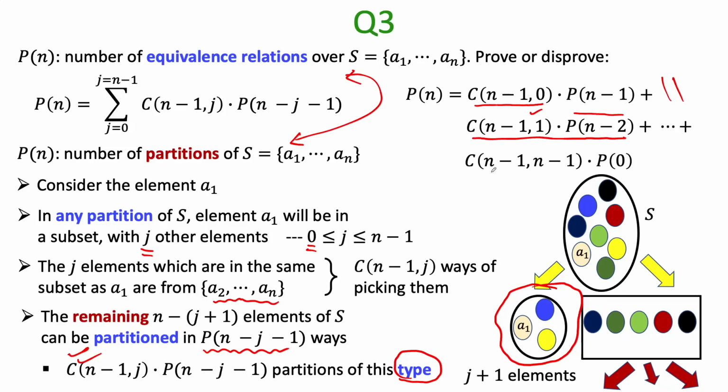And continuing like that, my last category of partitioning is the following, where I put n minus 1 elements along with the element A1 in its subset. That means that the whole set S is the only partition. In which case I have to now partition the remaining elements, which are now 0 in number. So that's why P of 0 I can define to be